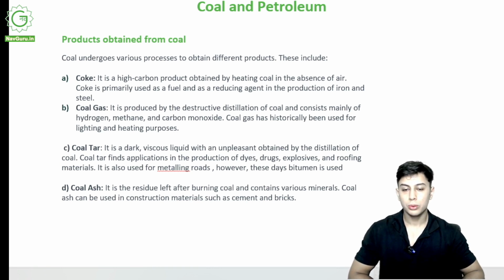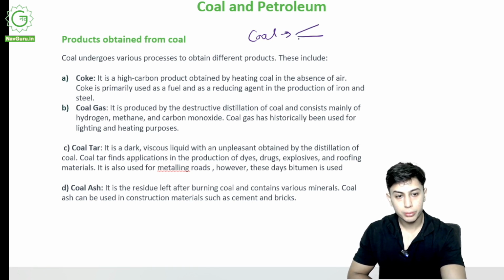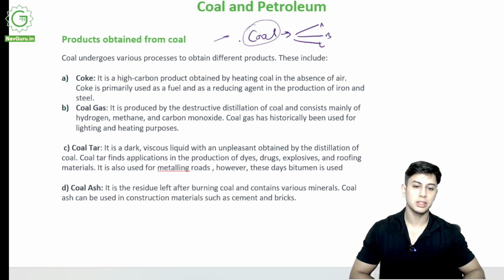Now we come to coal. What products are obtained from coal? Now I know coal, you all have seen coal, but like I mentioned, there will be a lot of products, A, B, C, that we obtain from this coal, and we obtain while making coal as well. While coal is being made, under deep pressure, there are also other things that are found out.